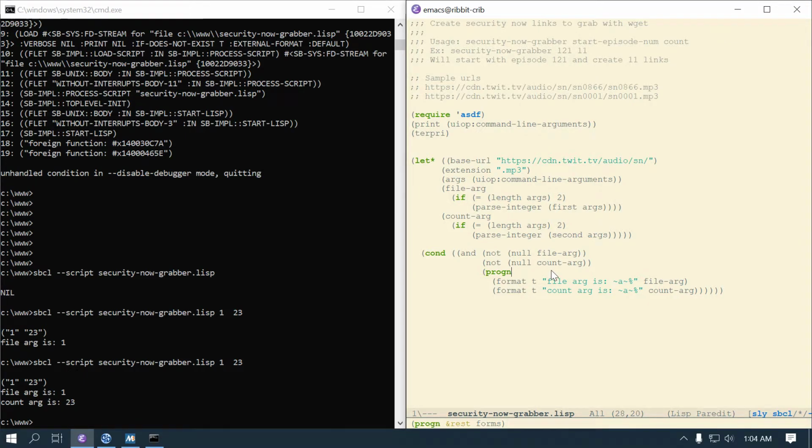Interesting. But it's irrelevant too. I didn't really mean to take all that out, did I? Yeah, that's not really what I'm trying to do. So let me go like this. So the script's working the way I want. I've got the file arg 1 and file arg 23, so that's working. So, you know, I don't want to take that out yet. I'm going to leave that there just to make sure that stuff's working, because before I do that,